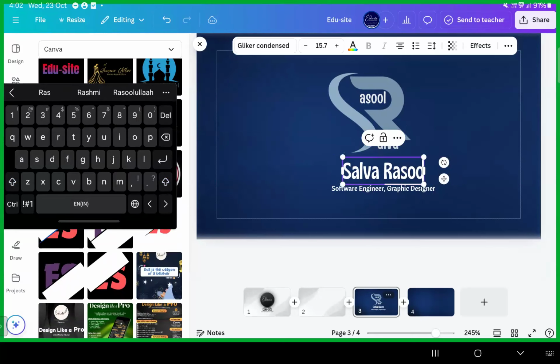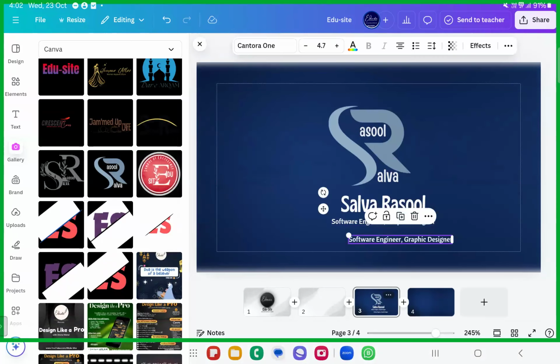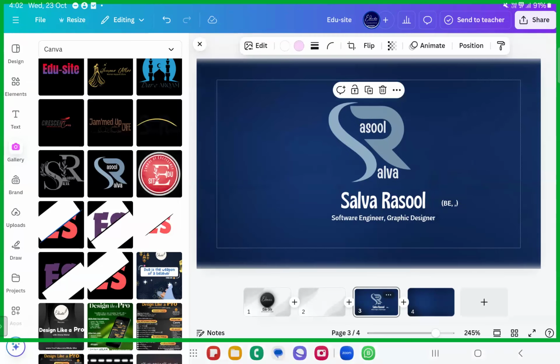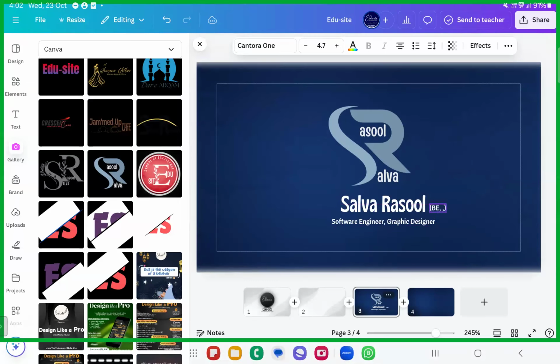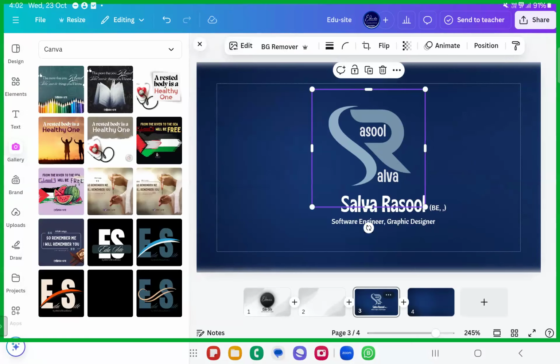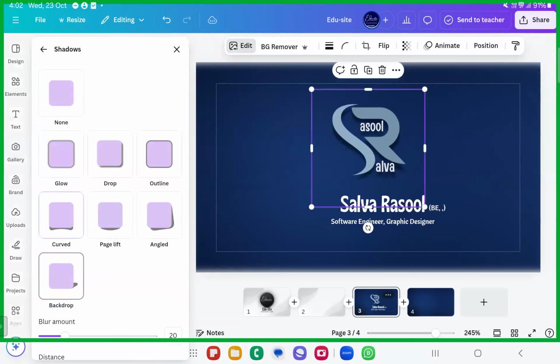In this way, you can create it for yourselves. You can also add your degrees if you want to add your qualifications. You can write BE, or any degrees in hand, inshallah. You can write certified coach or something like that. I'll write it here and keep it here. This is the front page of your business card, and you can modify it further with whatever beautiful things you want.